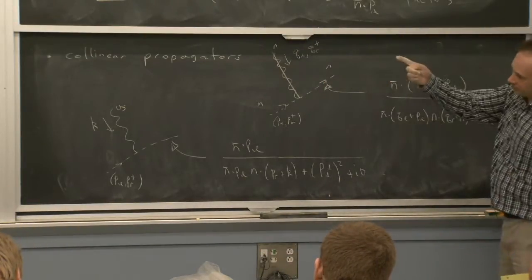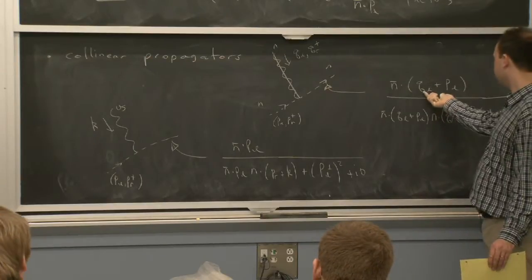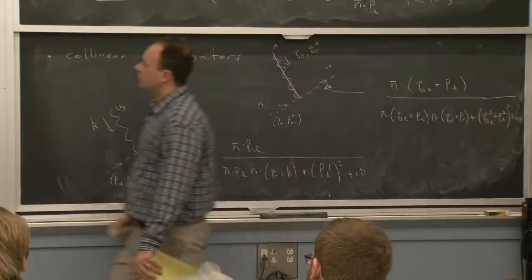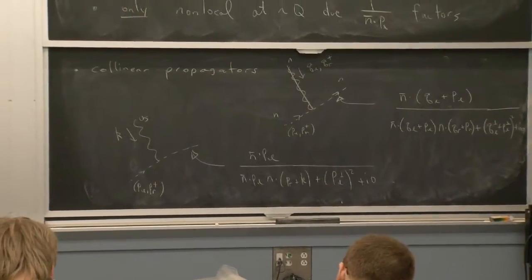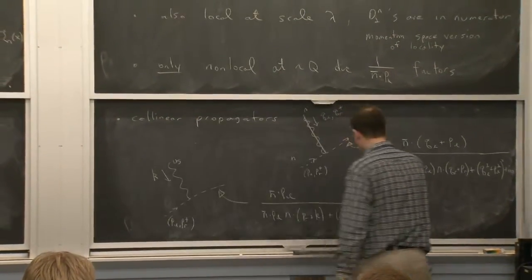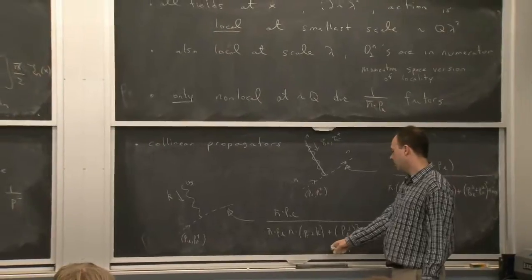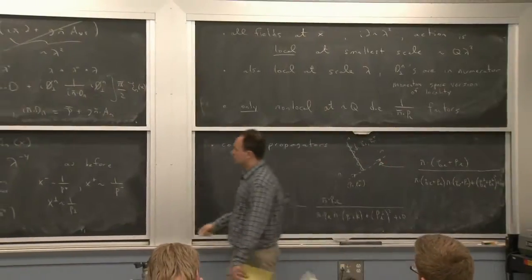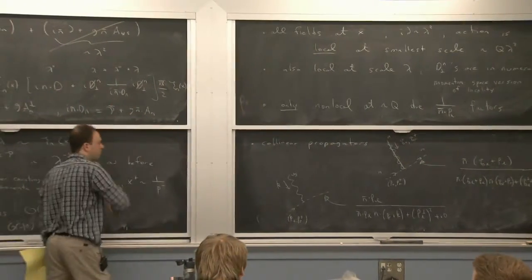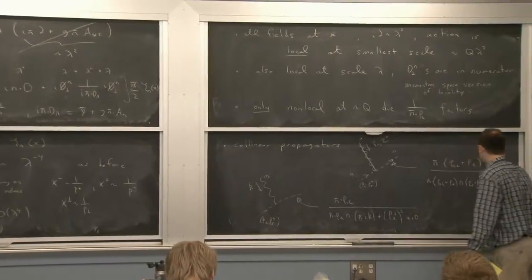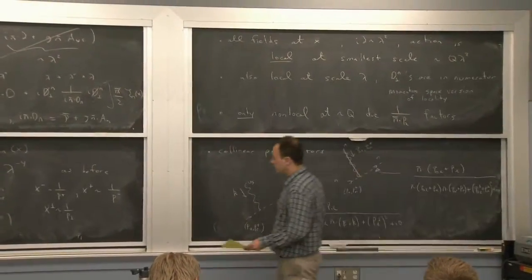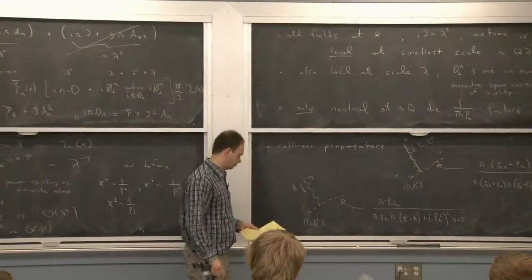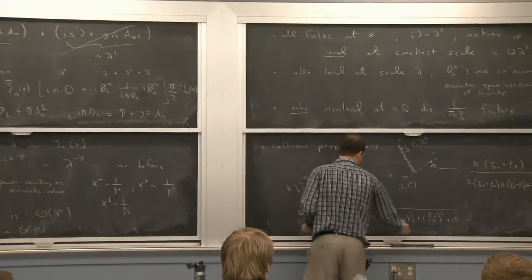Okay, if you want to make it look more like the Lagrangian and convince yourself that this is the inverse, just divide by this factor, then it puts it under here. And that's exactly what this is doing if you ignore the Dirac structure. It's not playing a role, really, for the propagator. Okay, and same here. If you take this factor, divide it out, then you get the plus piece, which is this derivative, and then you get perp squared over minus. And that's what happens if you put this downstairs. Where for collinear, all the components show up because we didn't drop anything. For ultrasoft, only the plus shows up, because it only changes the plus momentum of the collinear field.